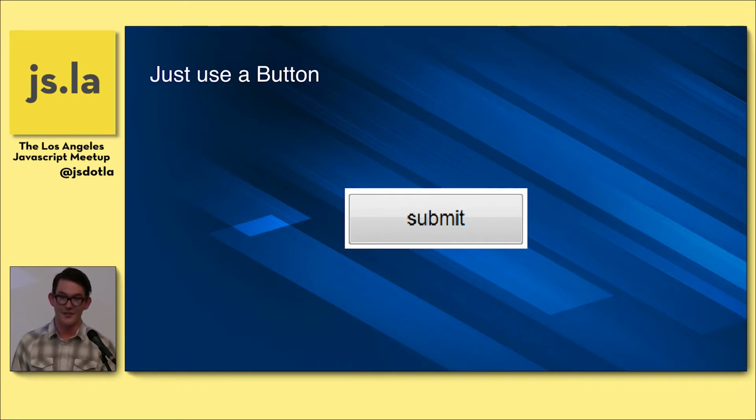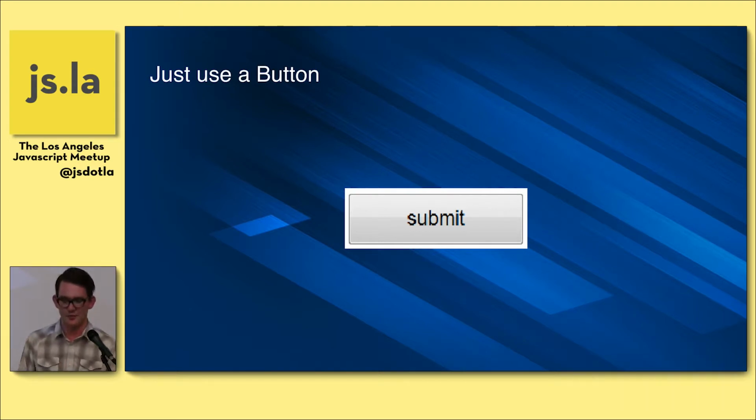Divs are not focusable by default. So if you have a div with some CSS to style it like a button beside a button and you open up a screen reader, you cannot interact with it by keyboard by default. You can make a div focusable by setting the tab index to 0, but another feature of a button is